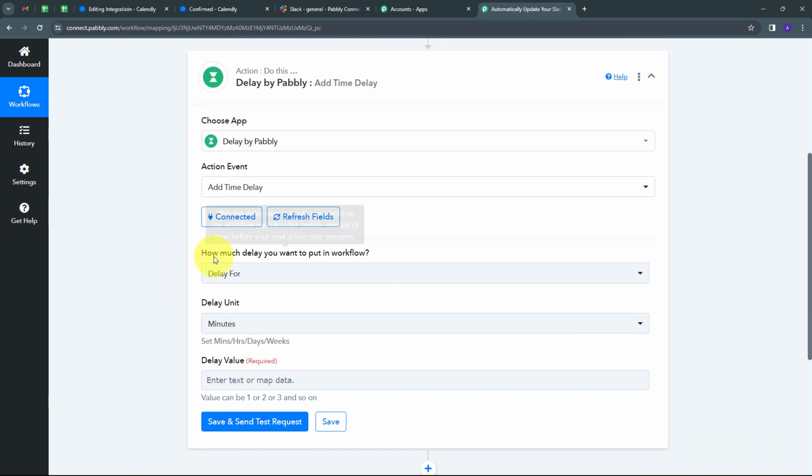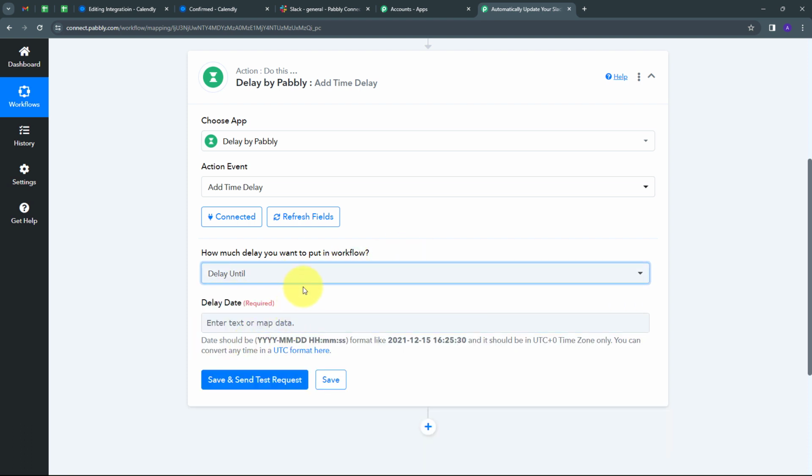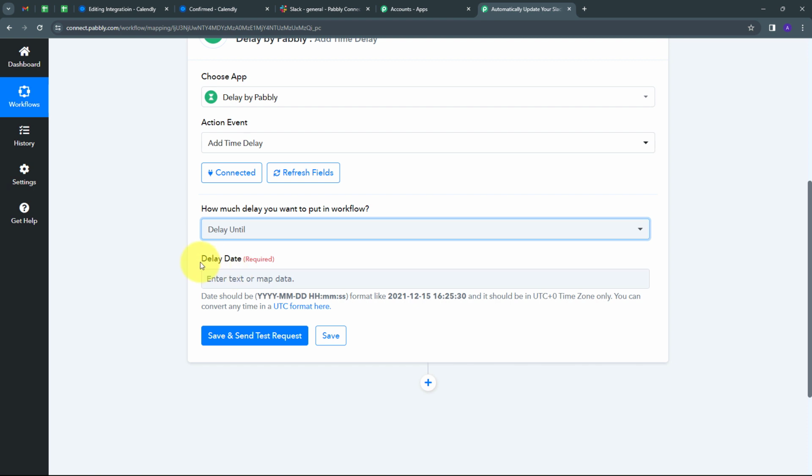And now I have to select how much delay you want to put in workflow. So I'm going to open this tab and I'm going to select delay until, and now I'm going to give the delay date and time. So for selecting the delay date and time, I have to follow this format and I want my date and time in this particular format. And I also want that in UTC format. So we have our event start date and time in UTC format. So I'm not going to change the time zone, but I need to change the format of that start date